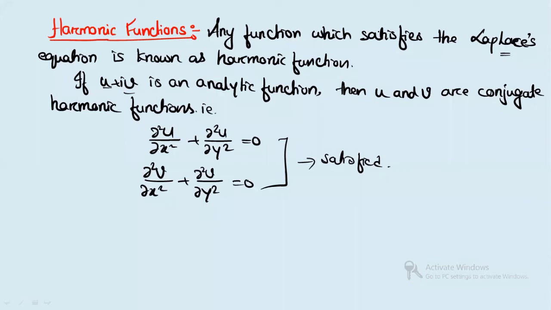So after this, what will we see? We will see the method by which we can find the harmonic conjugates. So here we will consider two cases. First, when the real part is given and we need to find the imaginary one, and vice versa. So if you have a function f(z) equal to u plus iv, then how can you find the harmonic conjugates? I will consider the first case, case 1.